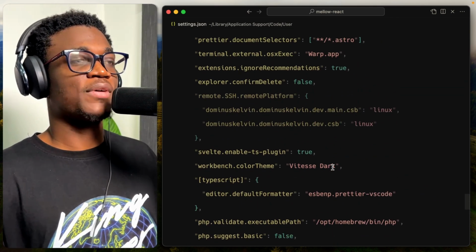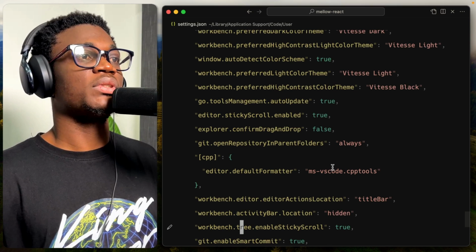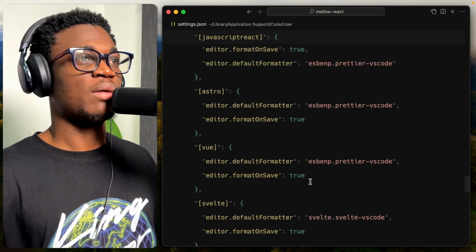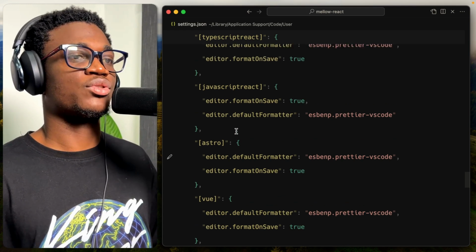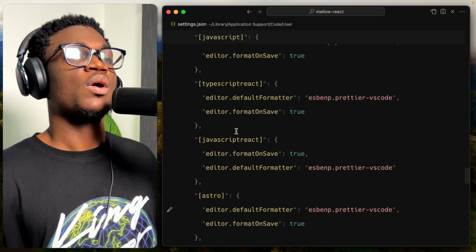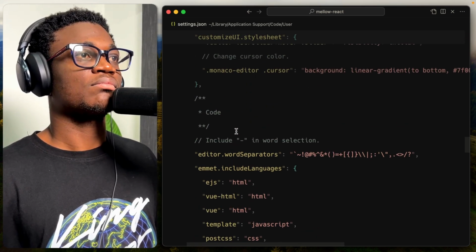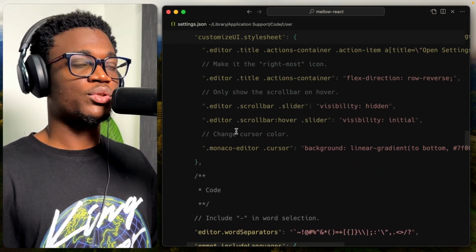So you can see, very minimal. I don't think it's even that much really. All right. But every other thing else is more code specific, like I use Astro, Vue, and just telling them what to use for default formatting and all that. So yeah. Next thing I wanted to show you is